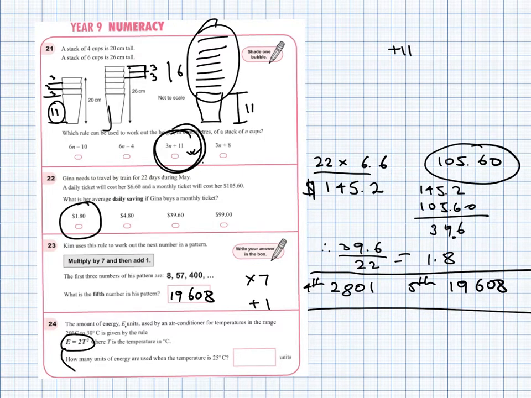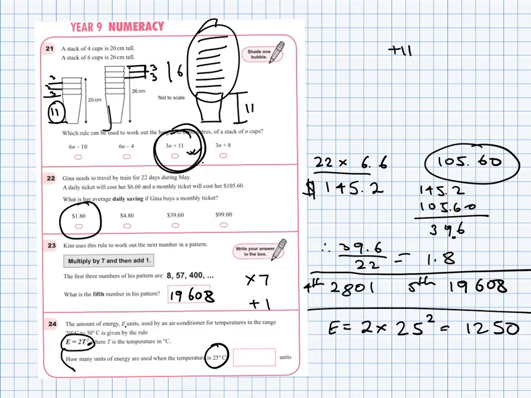Pretty much they're asking you this: when the temperature is 25? So E is energy and 2 times T is a temperature. They're asking when the temperature is 25. So it's 25, and just check that this T here has the power of 2. So 2 times 25 to the power of 2 is